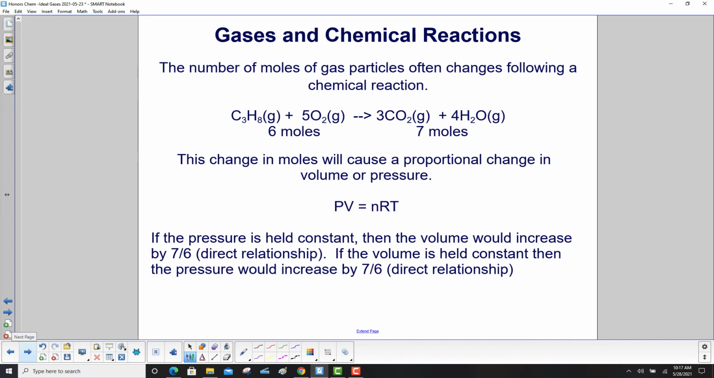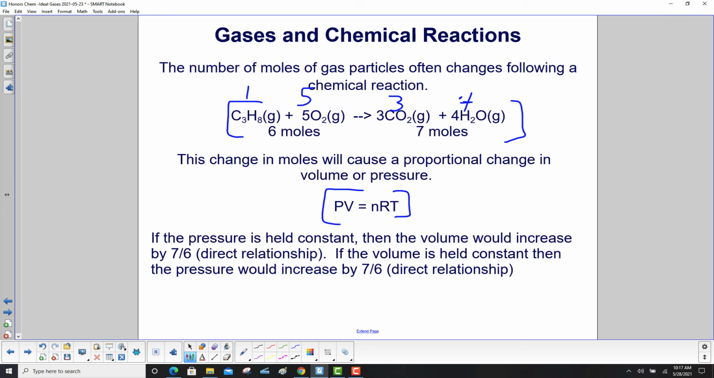The number of moles of gas particles often changes following a chemical reaction. So here we have this equation where we have 6 moles, right? 1 mole there, 5 here. And on the right side we have 3 plus 4, which is 7 moles. The change in moles will cause a proportional change in volume or pressure. If the pressure is held constant, then the volume would increase by 7 over 6. It's a direct relationship. If the volume is held constant, then the pressure would increase by 7 divided by 6,